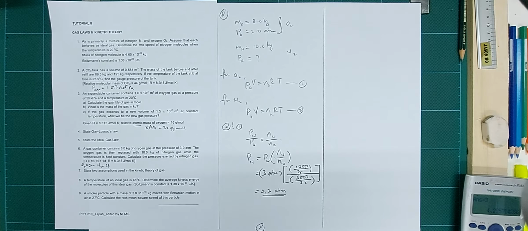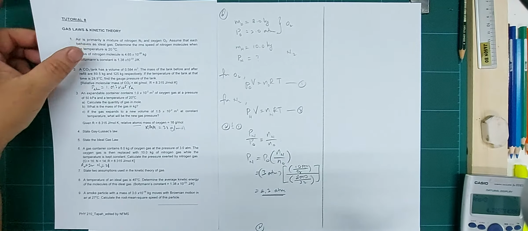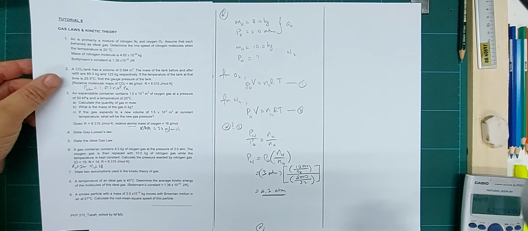Hydrogen is like 22 times less massive, so that means the root mean square speed will be square root of 22 times more. It will definitely increase the pressure of the same tank. So when the temperature increases to a certain value, it might explode. That's why you study, to know all these things,